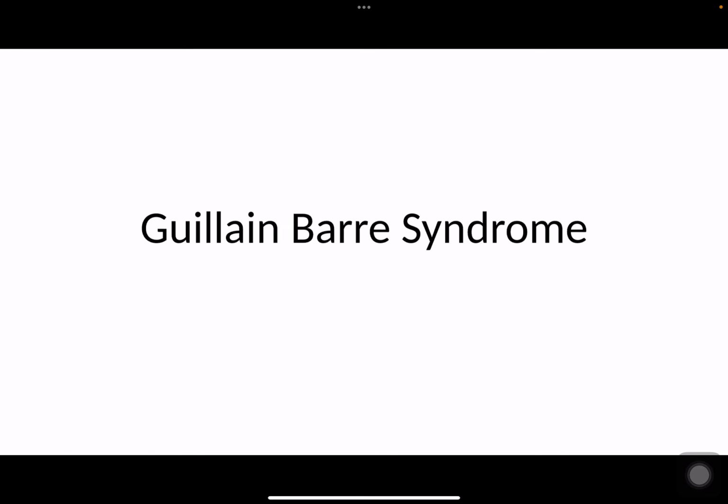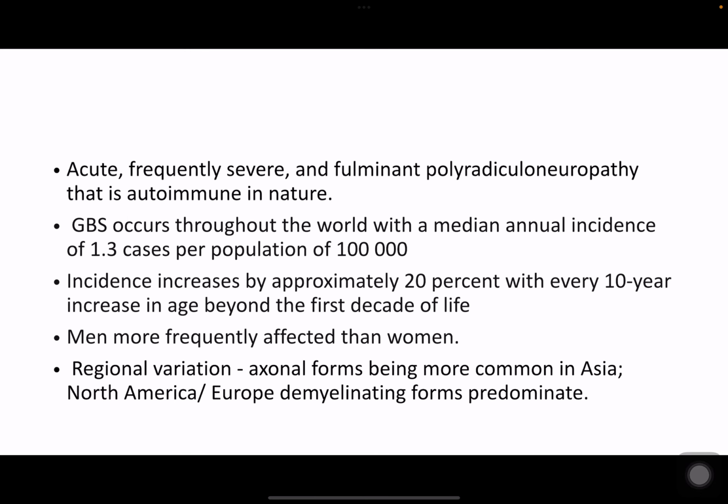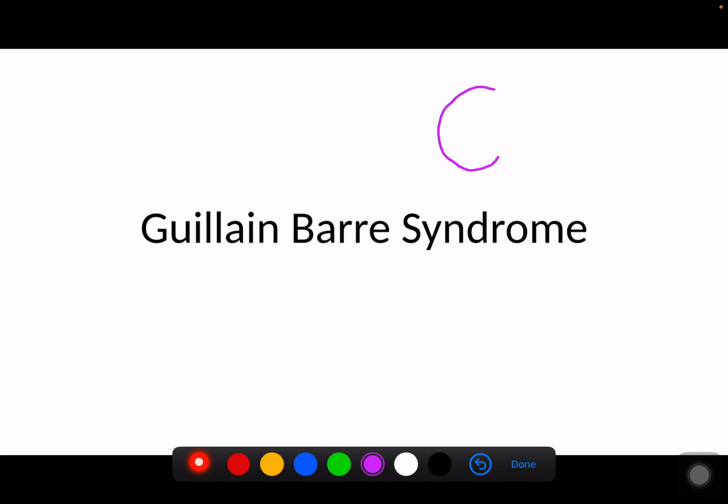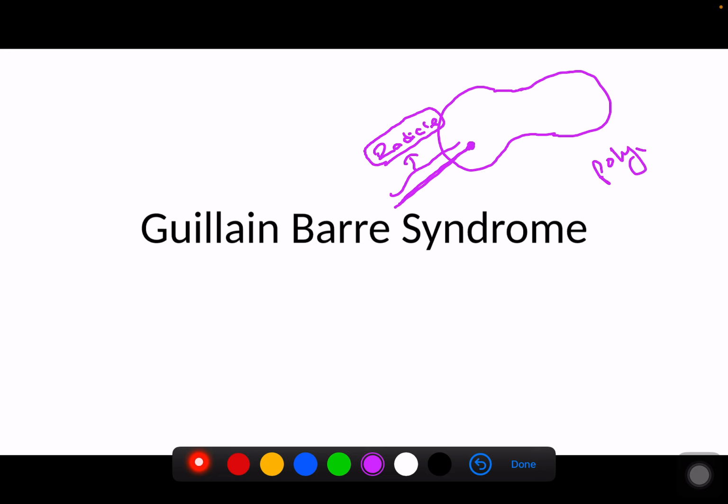Whenever we talk about, suppose this is your spinal cord, okay? Whenever there is a component which is getting off the spinal cord, this is known as a radical. Now, whenever a lot of these radicular components are involved, this is known as polyradiculoneuropathy. The most important thing we should understand regarding Guillain-Barré syndrome is that it's a polyradicular neuropathy